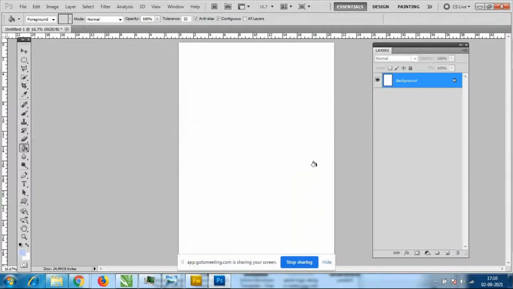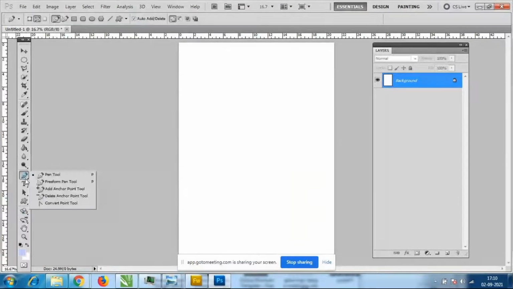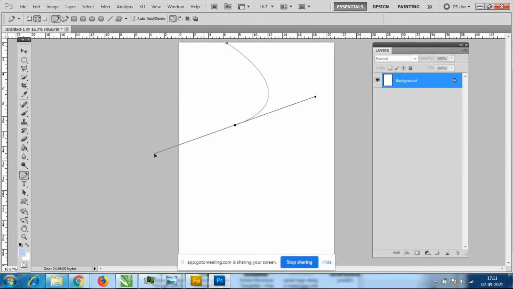The pen tool is a little different, difficult compared to all other tools. I will go to this pen tool. Now I want a shape like this. I'll select one point here. You should not leave the mouse. If you leave the mouse, see, I left the mouse and the line is a straight line. You should not leave the mouse. You have to select one point here and add the curve. You can move it however you want. You can move the shapes however you want, you can add the shapes.